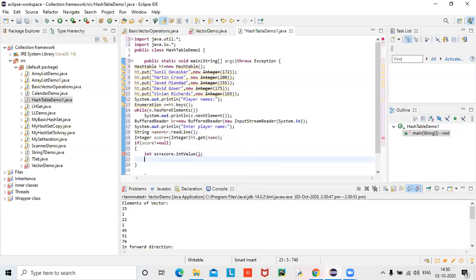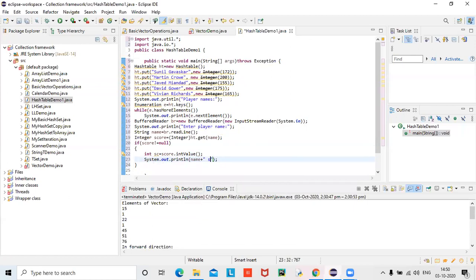System dot out dot println. So for example, I want to get my output like this. Sunil Gavaskar scored 172 runs. I want to get like that. Where is Sunil Gavaskar? Name of the variable plus scored.